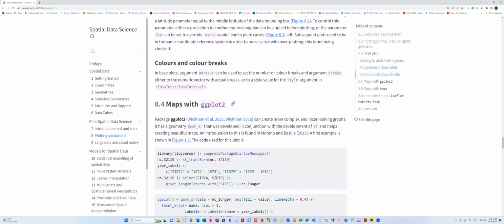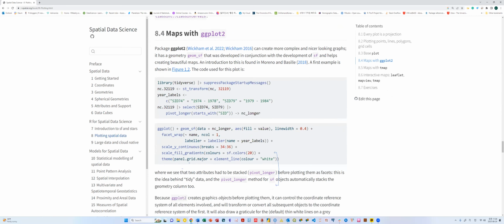And then we can also map with ggplot2. ggplot2 has a lot of good visualization functions we already know about, so it also applies when we create a map. For example, by using some of the tidymodels, tidyverse kind of data tools, we can clean up our data in here. And then when you go down here, in the ggplot, we can use the facet wrap function by the name,